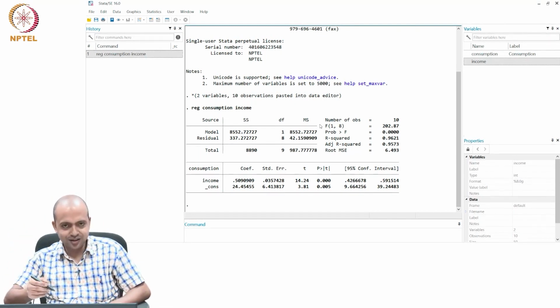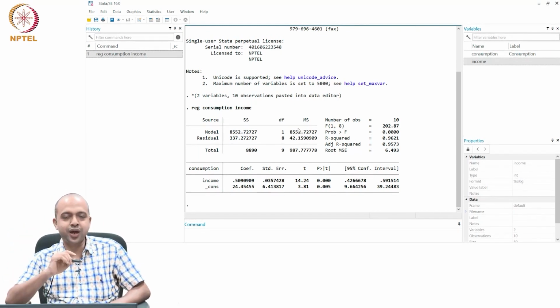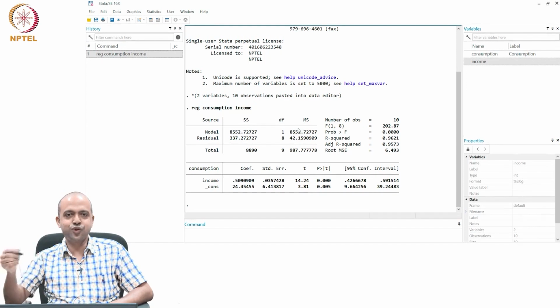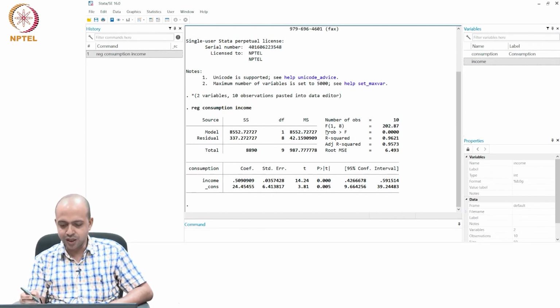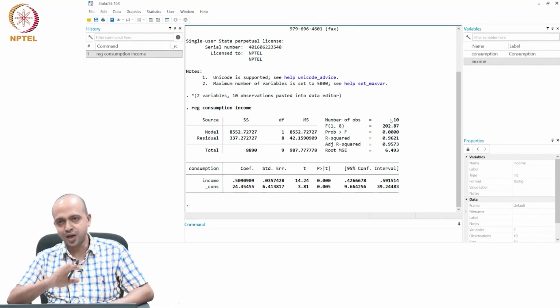And if you take the ratio of these two MS, then that will lead to another important statistic, which is called the F statistic. Okay. MS of model over MS of residual, if you take, then that will give you a statistic which is called F, and that value will turn out to be 202. What is the implication of that F statistic? That we will discuss later once you understand the hypothesis testing,